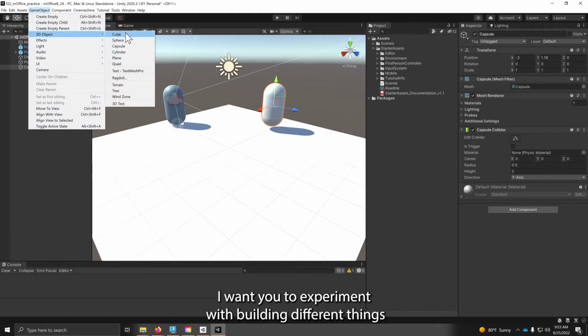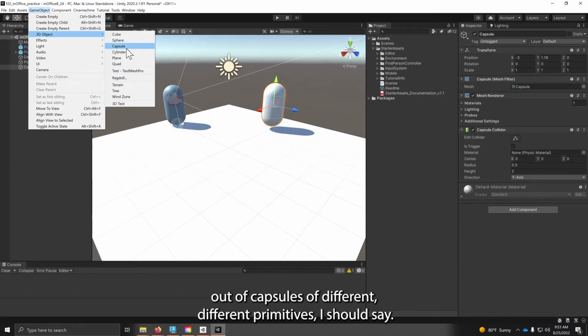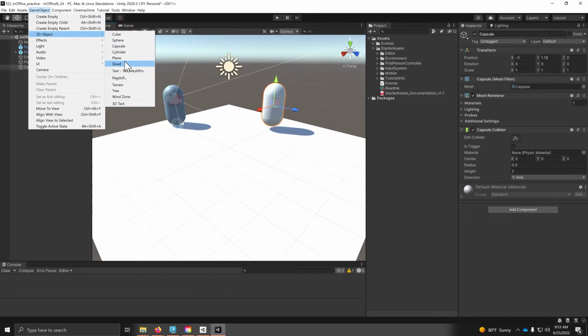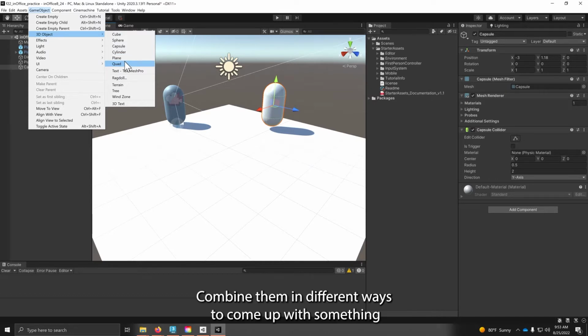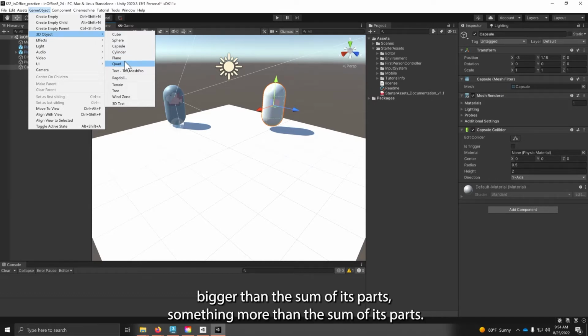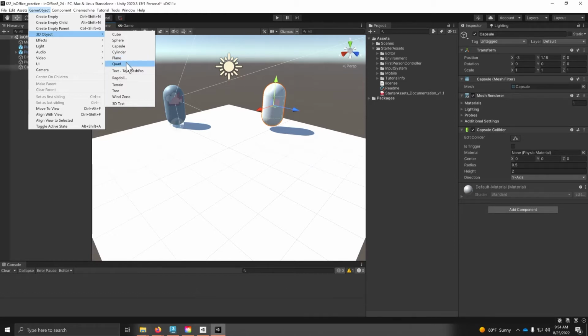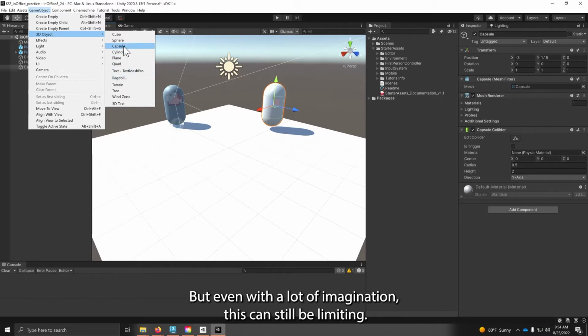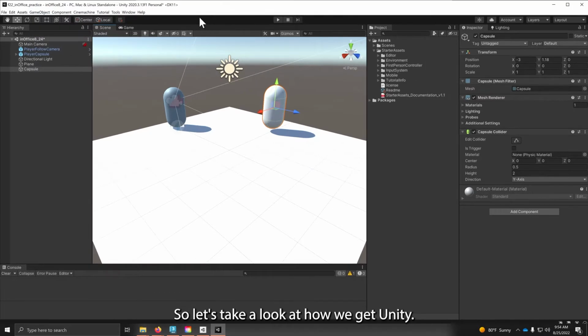I want you to experiment with building different things out of different primitives. Combine them in different ways to come up with something more than the sum of its parts. But even with a lot of imagination, this can still be limiting. So let's take a look at how we get